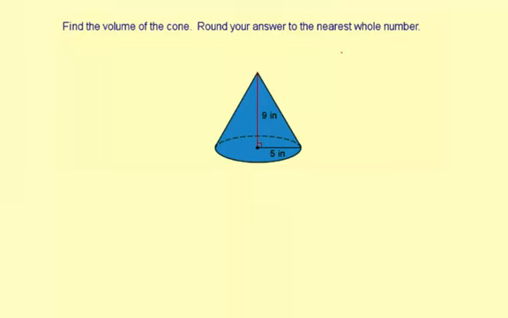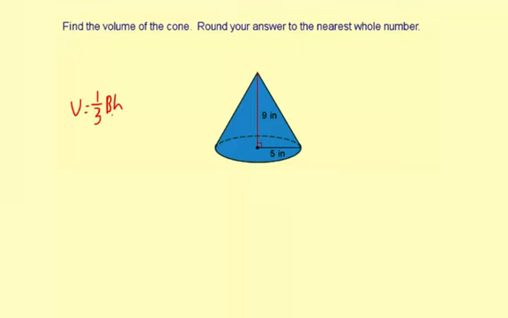Find the volume of the cone. Round your answer to the nearest whole number. So the volume of the cone is the base times the height, but then divided by 3, or 1/3 area